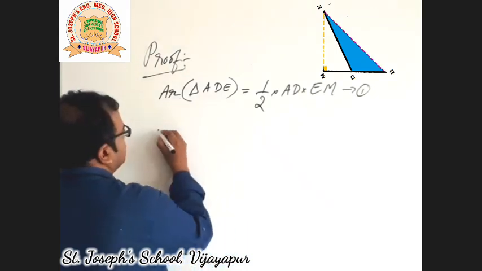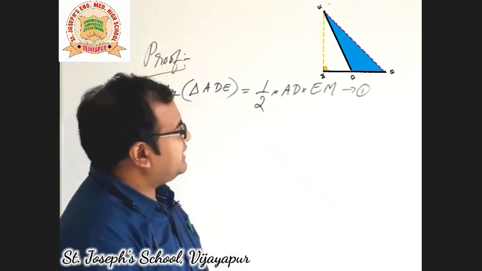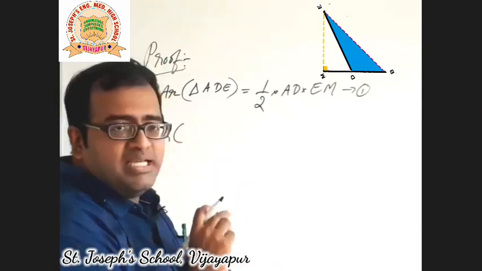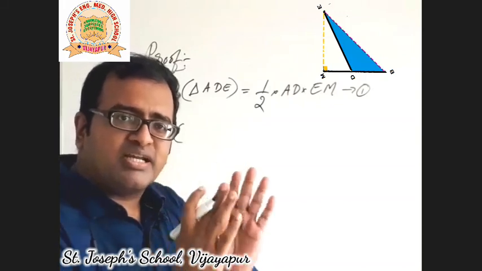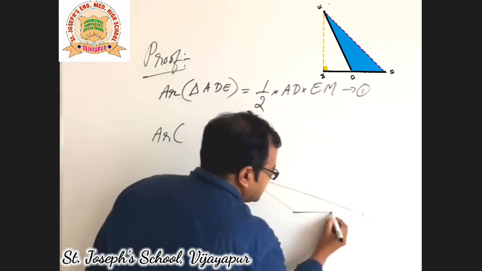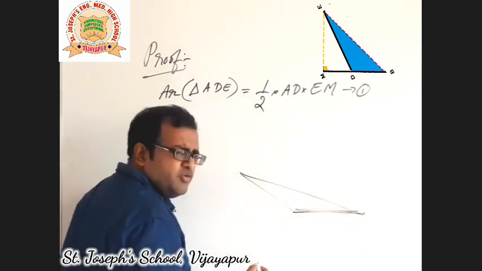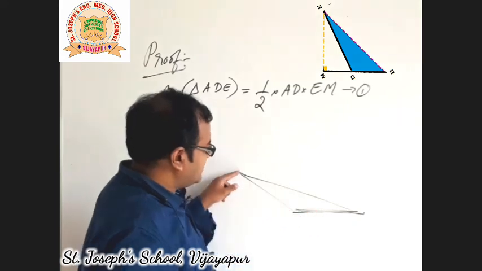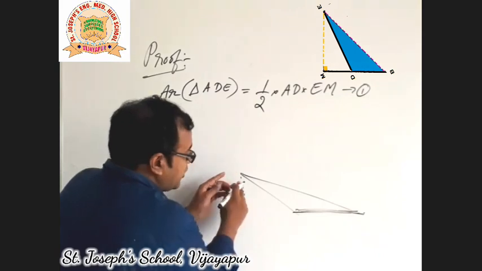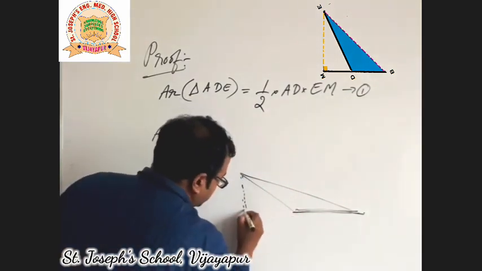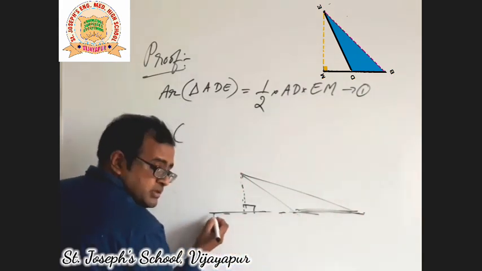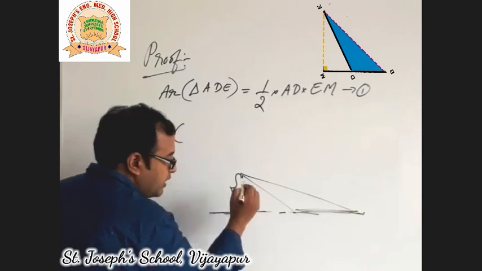Now, let's talk about the area of another triangle there, that is the obtuse angle triangle BDE, where angle BDE is obtuse. And you know that whenever you have an obtuse angle triangle like this, and if this is the base, how do you find the height? Go to the vertex, which is the topmost point. From there, drop a perpendicular. It may not be inside the triangle, it may be outside the triangle, but it should be perpendicular to the base. The base will have to be extended first and then drop a perpendicular. This will be called the height.